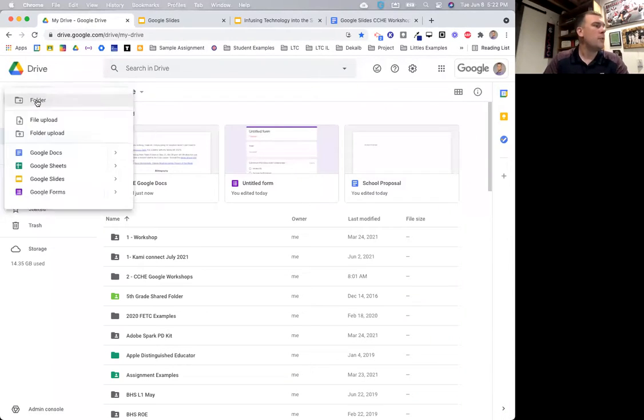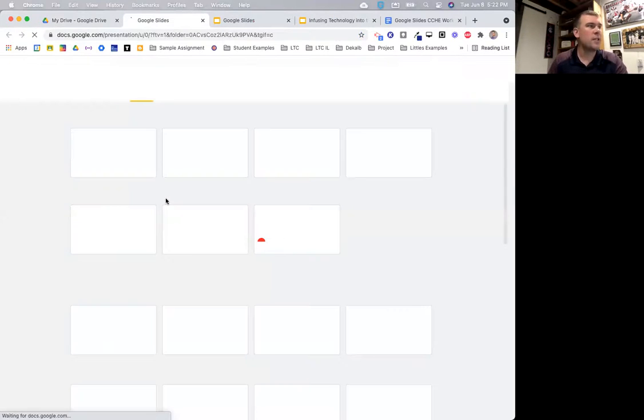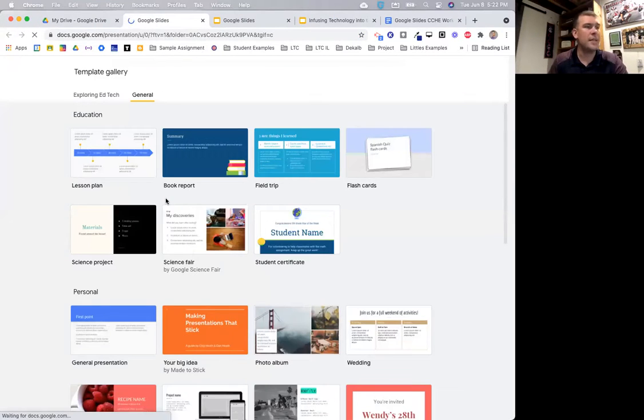Okay. Similar to Google Docs, if you go to Google Slides and then hover over the arrow, you'll see an option to create one from a template. And so there are several templated Google Slides in this area. Now, I have an education account, and so I get some different ones than maybe what you might see, but